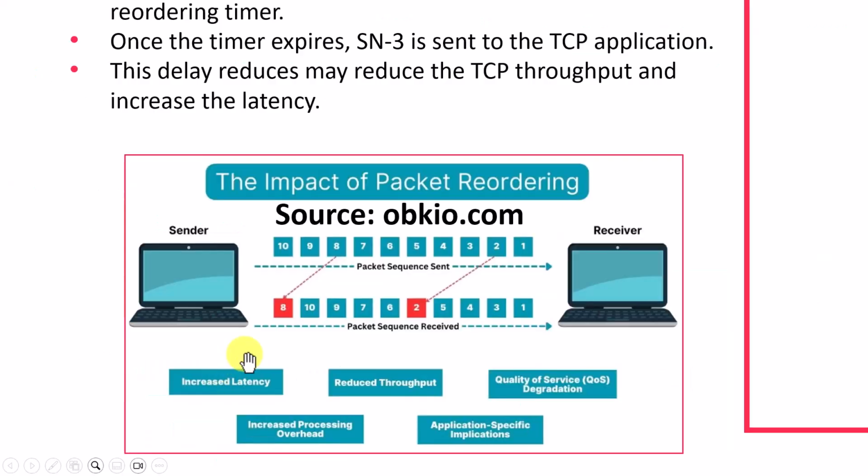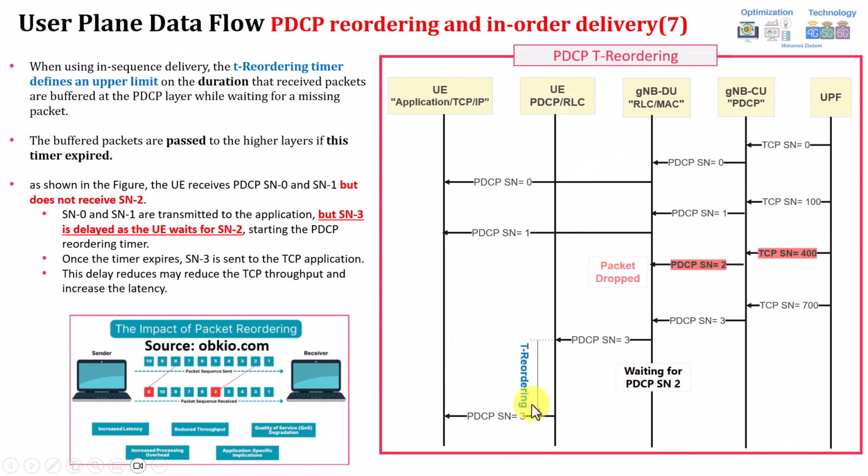And if you look into the figure here, I quoted it from this website. This is the same idea: sender and receiver. The sender was sending 1, 2, 3, 4, 5, 6, 7, 8, 9. And this packet was being received by the receiver as 1, 2, 3, but 2 and 8 were being delivered out of sequence from the TCP side. This is assumed only for the TCP. So this can increase latency, reduce throughput, can do many things. So you should be very careful in general whenever you tune this timer.